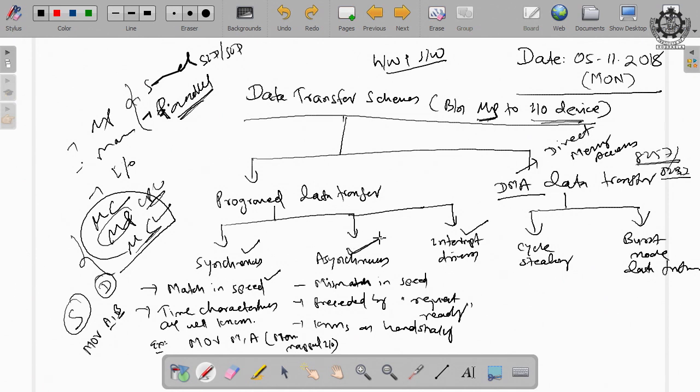Under asynchronous data transfer, whenever the speed mismatches, every asynchronous data transfer needs request and ready signals.